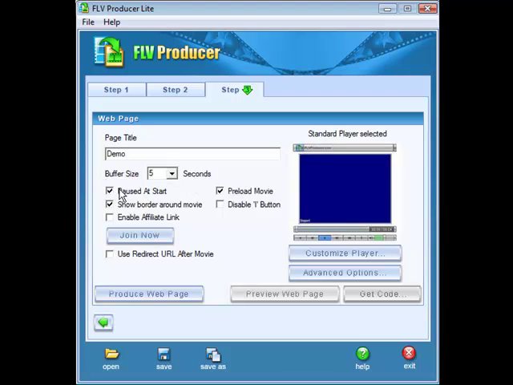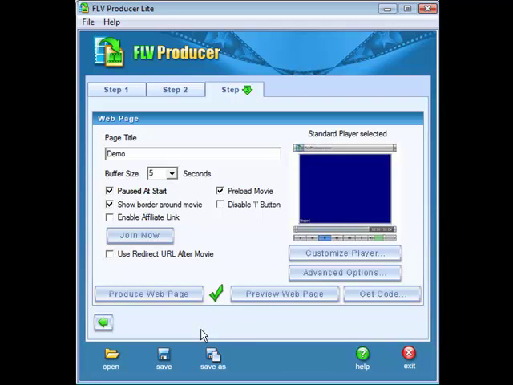If you want it to pause at the start, you can set the buffer size here, to preload the movie, if you want to show a border around the movie, and you can enable an affiliate link, although I don't think there's an affiliate program for this anymore. This is disabled on the Lite version as well as the other players, so you have to use a standard player. Now what you want to do is click Produce a Web Page, and it will have created the